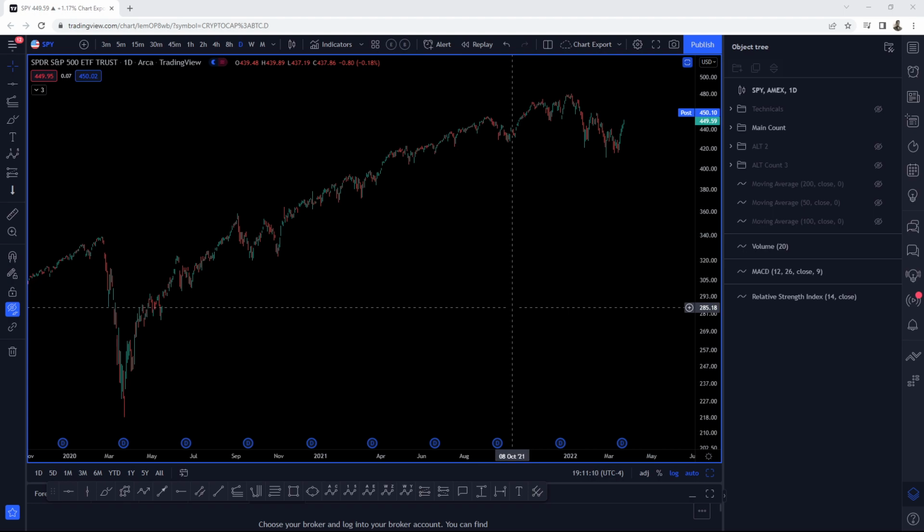So we're going to review the SPY and the Qs using our preferred method of technical analysis, which is the Elliott wave principle. Now, if you're new to the channel, what we normally do here is we review two counts for each of the charts, a bearish count and a bullish count. In this case, the bullish count will suggest that we have found support and we're starting to head on higher. And the bearish count will suggest that we're going to hit resistance very soon and we're going to head on